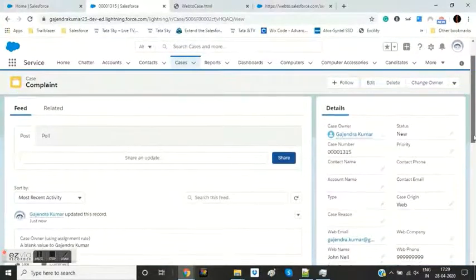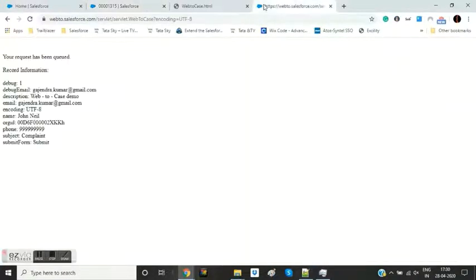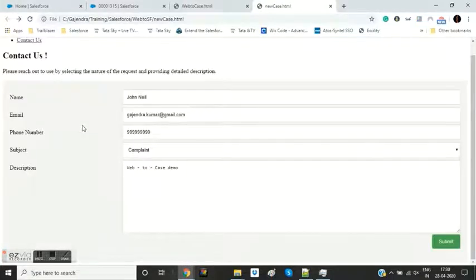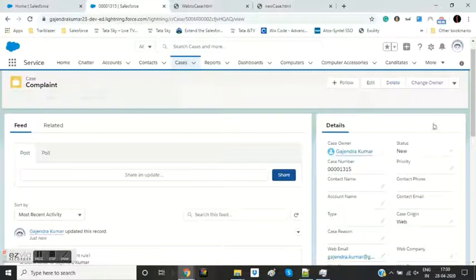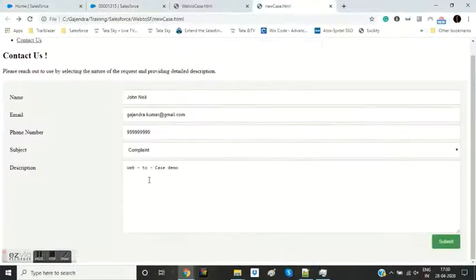But one more thing we need to see is that this case is not associated to any existing contact. Why so? Because whenever this form is used to create a case, Salesforce behind the scenes checks if there is any unique contact with this email address or if there are multiple contacts with this email address.